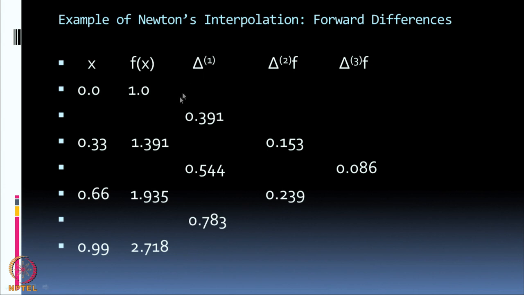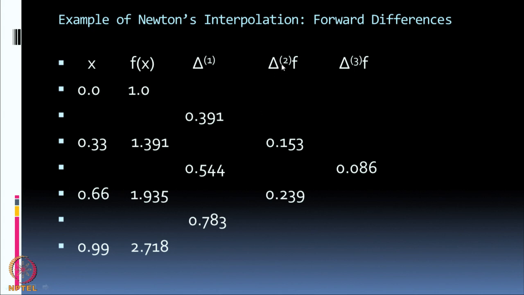First order difference is the difference between f(x1) minus f(x0). So, these are the 2 adjacent points, this is my first order difference. Okay. This is the first order difference between x1 and x0. The second one is f(x2) minus f(x1). The third first order difference, this is the third one, f(x3) minus f(x2). So, I have 3 first order differences between 4 points of the value of the function f(x). These are my 3 first order differences.